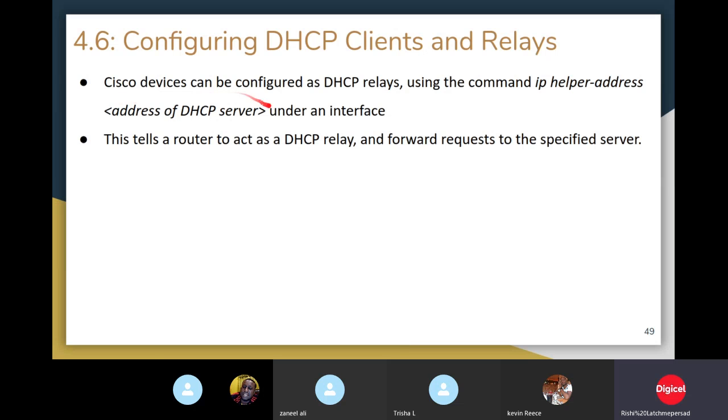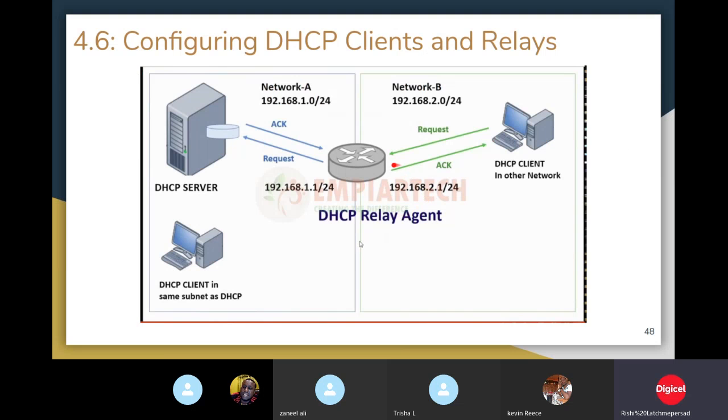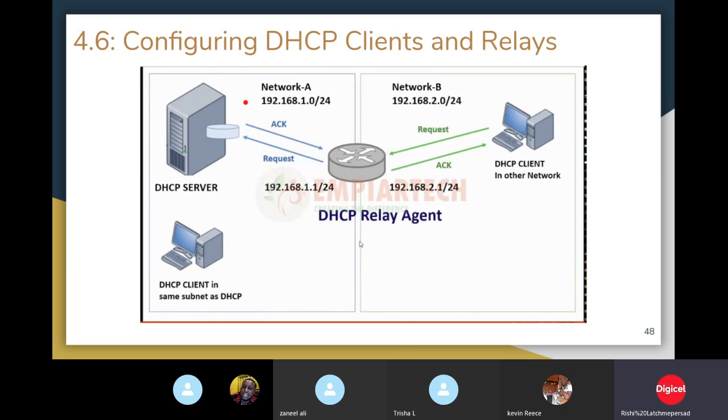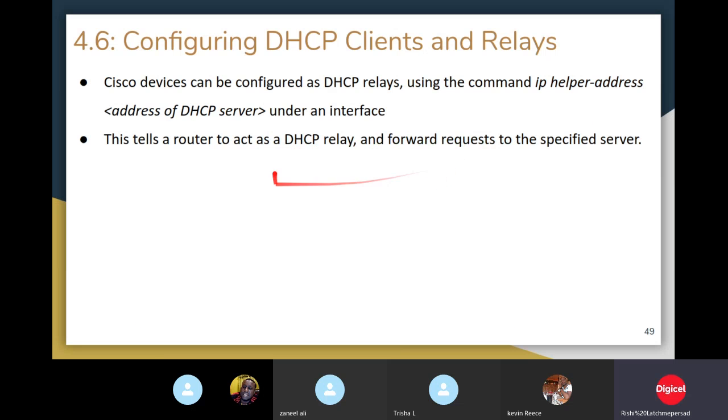Cisco devices can be configured as these DHCP relays using the command ip helper-address and the address of the DHCP server under an interface. This tells a router to act as a DHCP relay and forward requests to the specified server. So basically, we're going to go under this interface here, let's say it's FastEthernet 0/1, for example. We're going to go config t, int fa0/1, and put in this command, ip helper-address, and this address here, which will be the address of this DHCP server. And this tells the router to act as a DHCP relay and forward requests that come in on this interface here